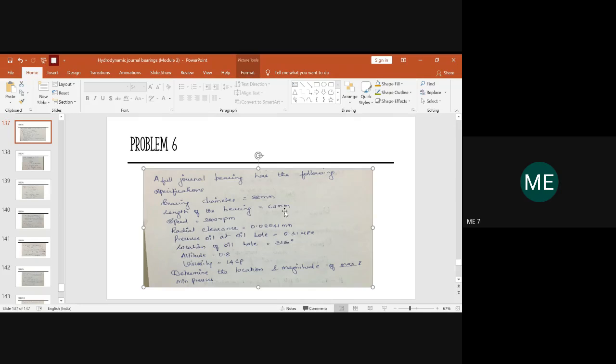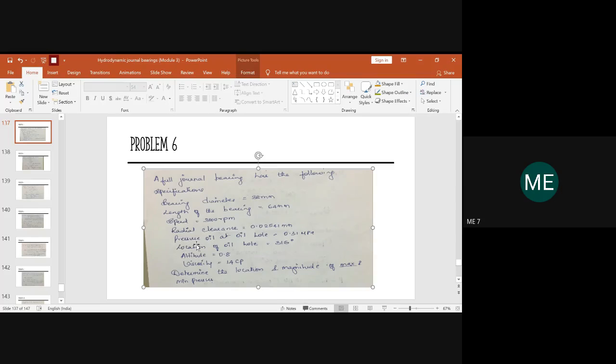Length of the bearing is 64 mm. Speed is given as 3000 rpm. Here again, it is a problem with radial clearance. Please see whether the diametrical clearance is given or radial, because based on that, the equations we follow will change. I have shown you problems on both radial clearance and diametrical clearance, so you should be aware of when and how to change the formula. Radial clearance is given as